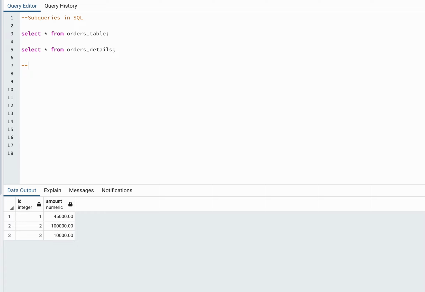I'll write a query where I need to get all the products which cost more than 10,000 rupees. Okay, so I'll write the query something like: select star from orders table where ID in